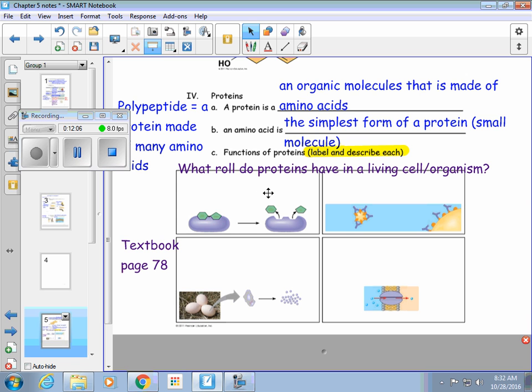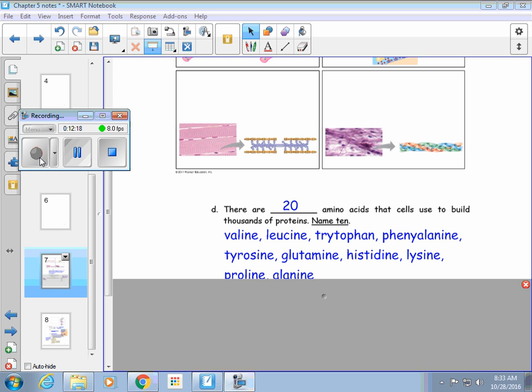So now would be a good time to pause the video and take 8 to 10 minutes and fill in the name of those proteins and tell me what it does. Okay, so you've got the names of all 8 of those proteins. We know what they do, and now we're going to move on, and we need to know that there are